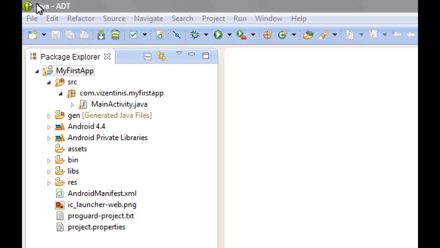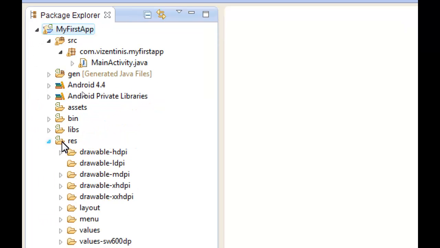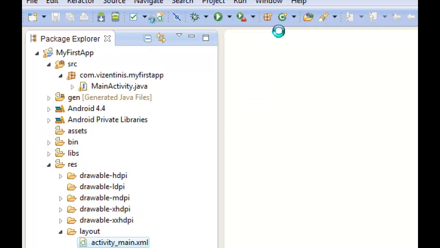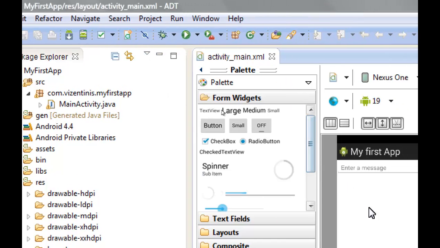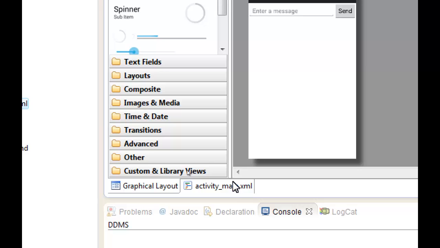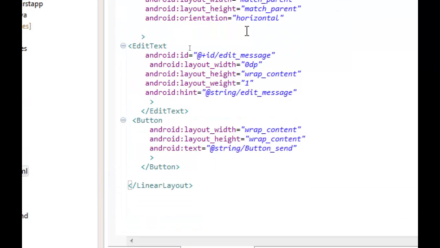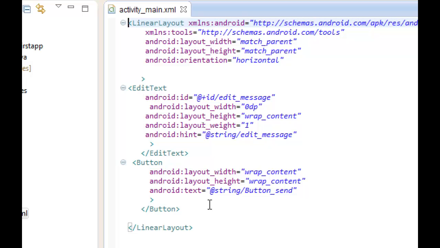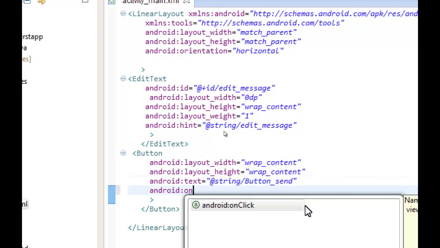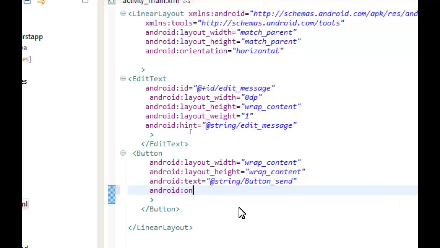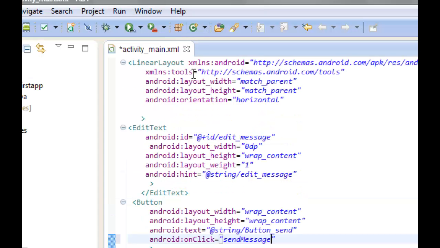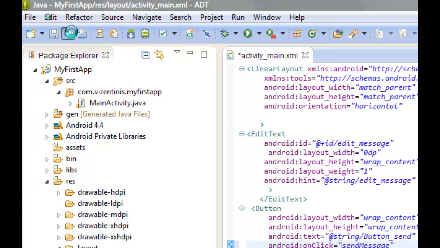To respond to the button's on click event, open the activity main XML from here, layout, double click activity main XML, and now we will add a new attribute. The attribute is on click in the button, double click on click event, and here we will write send message, and I think we are okay. Save the